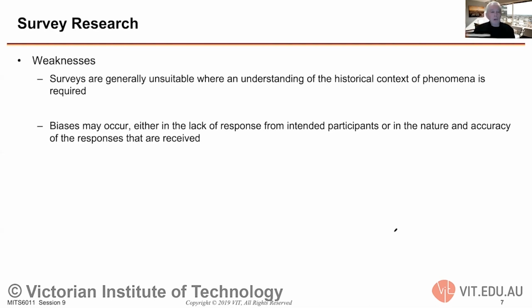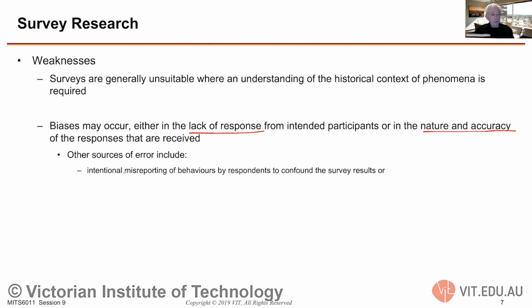So biases occur in survey results, and you can get a bias from a number of sources, either from a lack of response from the intended participants, or in the nature and accuracy of the response. You can get bias creeping in there as well. Other sources of errors might include